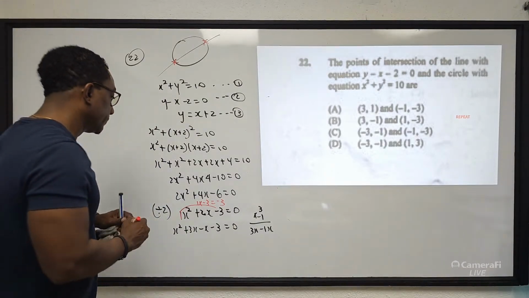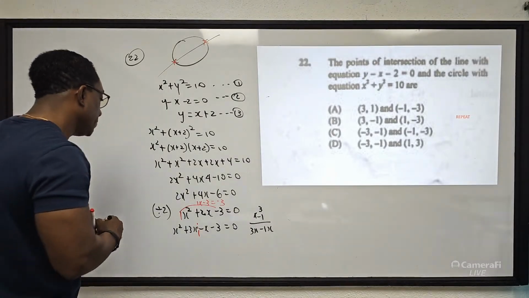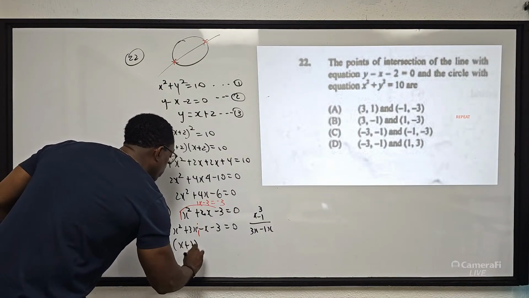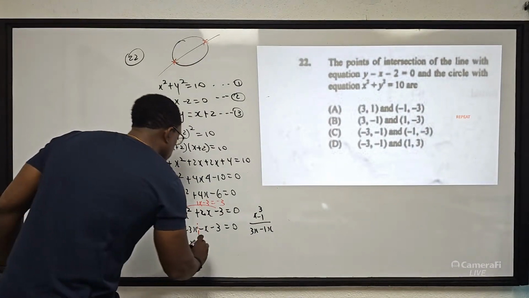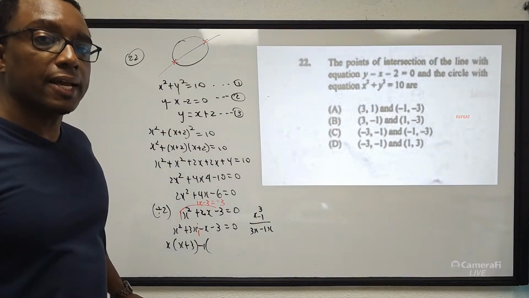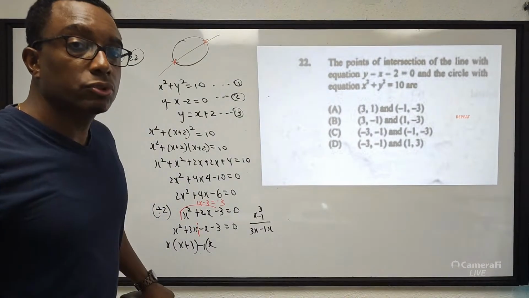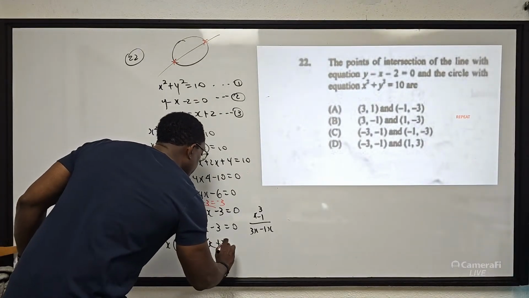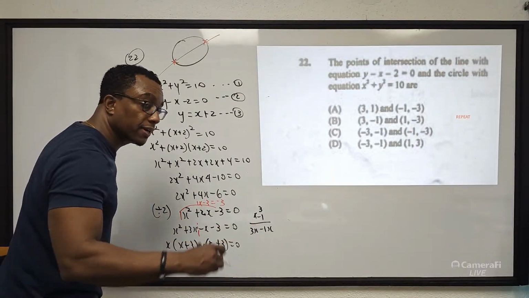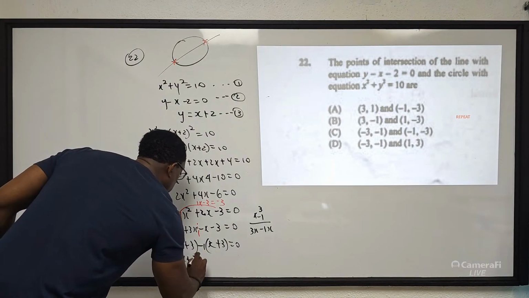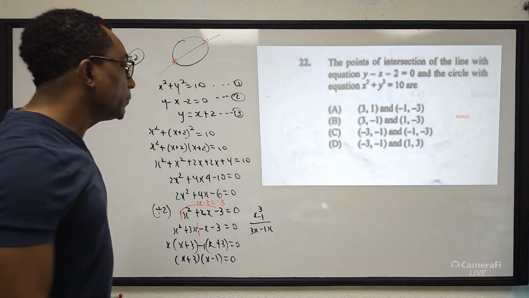So I can factorize what is on the left of the equal sign. I pull out x. I'm going to get x plus 3. Bring down my negative sign. There's nothing common to x and 3, but 1 is understood after that negative sign. So negative 1 into negative x is x. Negative 1 into negative 3 is positive 3 is equal to 0. I have something common, so I can further rewrite. I can further factorize as x plus 3, x minus 1 is equal to 0,